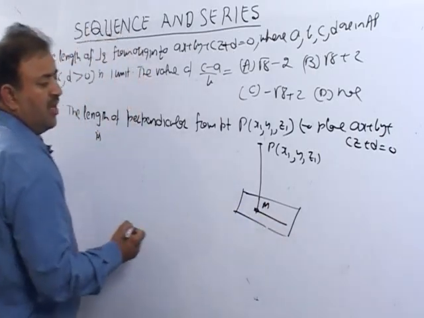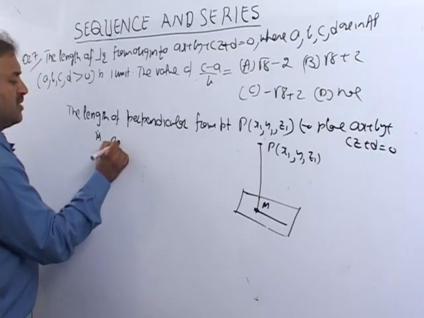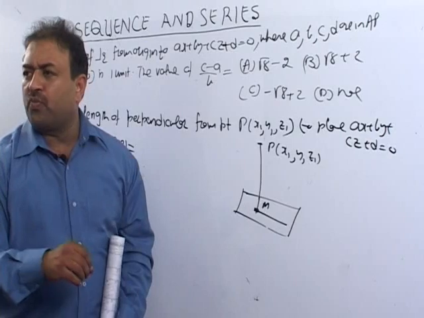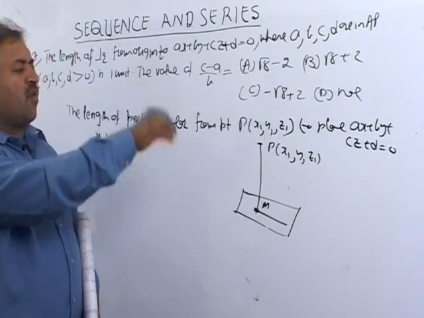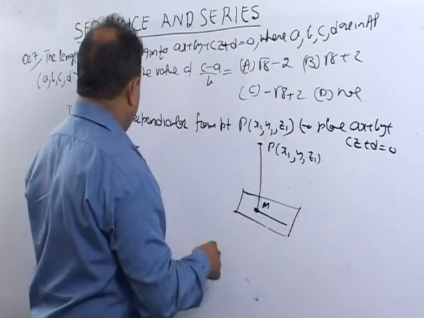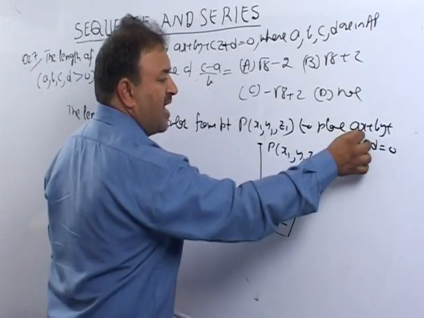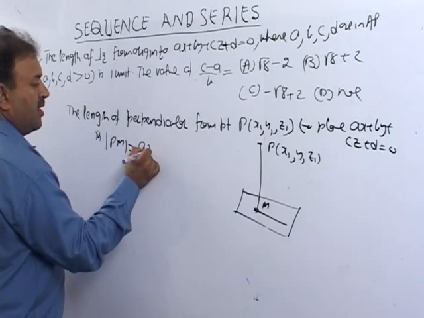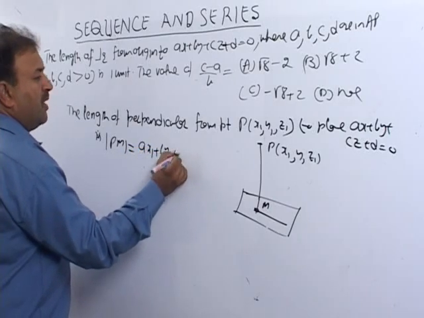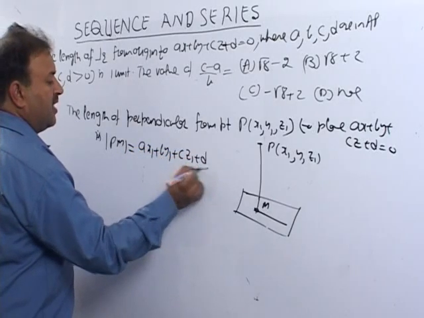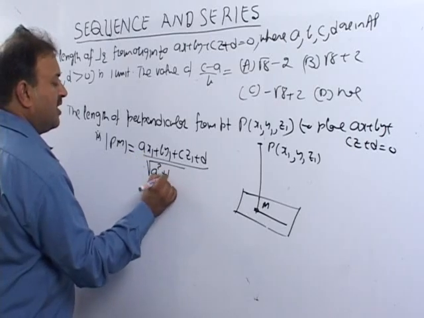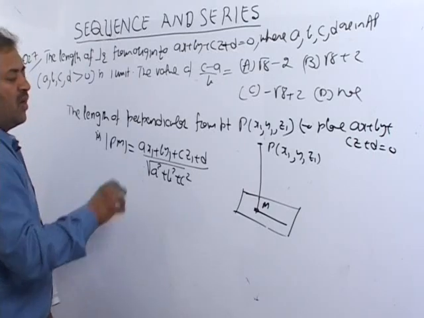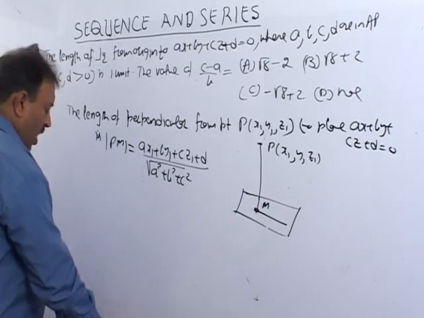So PM perpendicular distance, this is equal to, क्या मेथड होता है, जैसे स्ट्रेट लाइन में भी हम करते हैं, to find out a perpendicular distance from a point, क्या करेंगे, हम प्लेन में x की जगह क्या पुट कर देंगे, x1, y की जगह y1 and z की जगह z1. It is ax1 plus by1 plus cz1 plus d upon root of a square plus b square plus c square. So this is the way to find out the length of perpendicular. Now I am doing this sum.